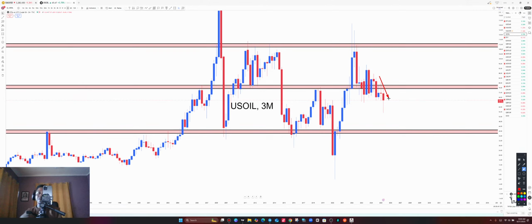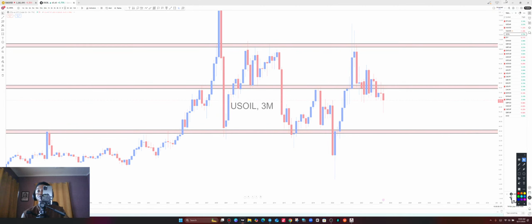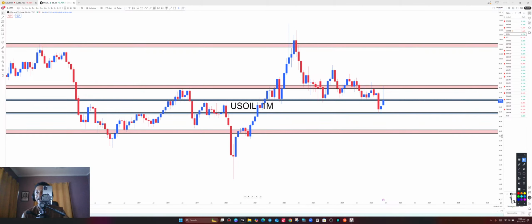Now, how is price going to drop to the downside as you have seen on the 3 months time frame? Let's consult various time frames and add more info to know exactly how price will be falling on US oil. So let's take it to the monthly time frame and then add more meaning to this analysis as usual.